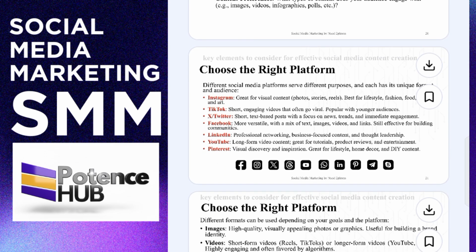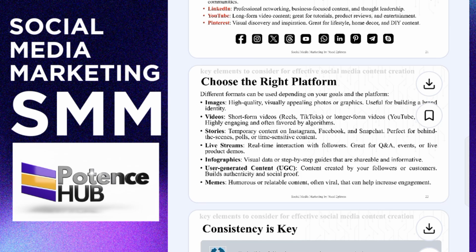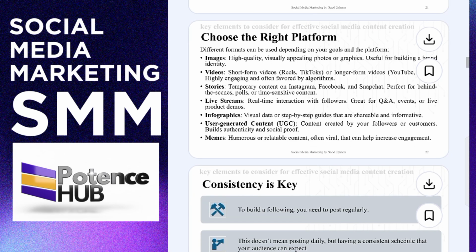Now you have to choose the right platform. Like I said initially, all of these platforms have the way they behave. It is your work to study how all of these platforms behave, and choose the platform that is palatable for that particular content which you want to promote. Like LinkedIn and Instagram are not the same thing. LinkedIn is another ball game altogether from Instagram. The same thing with YouTube. YouTube and Pinterest are totally different. So you need to understand how they behave, and then you are able to achieve a good success level in that area.